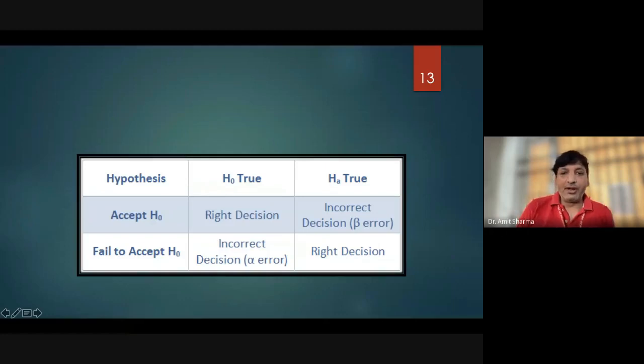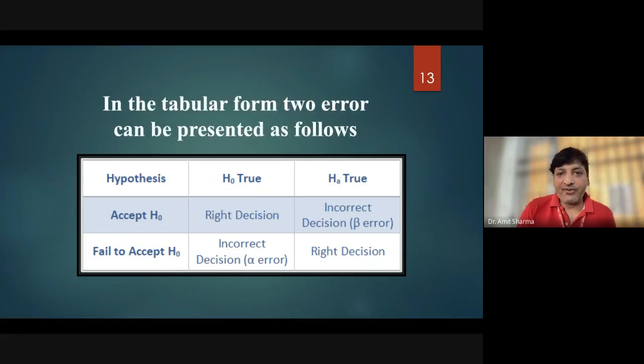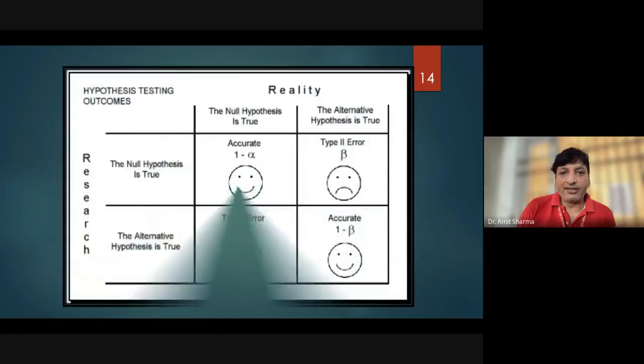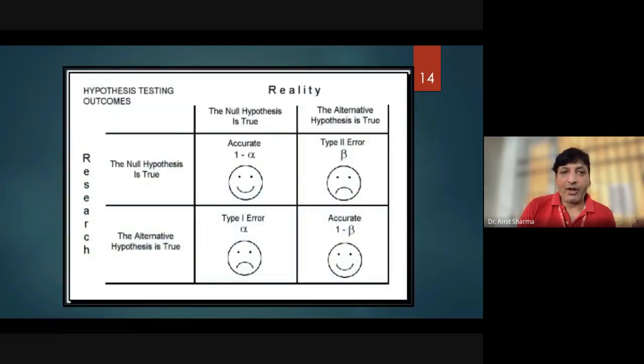So how I used to remember, this is the common picture which you get on the internet, and along with it you are going to see one more picture where some faces are there. You are going to find what you are expecting in the research and what has happened in reality. Now you can see this one. Here the researcher is happy, and let me change the color of the pen because white is not visible. Here the researcher is happy, and here also the researcher is happy.